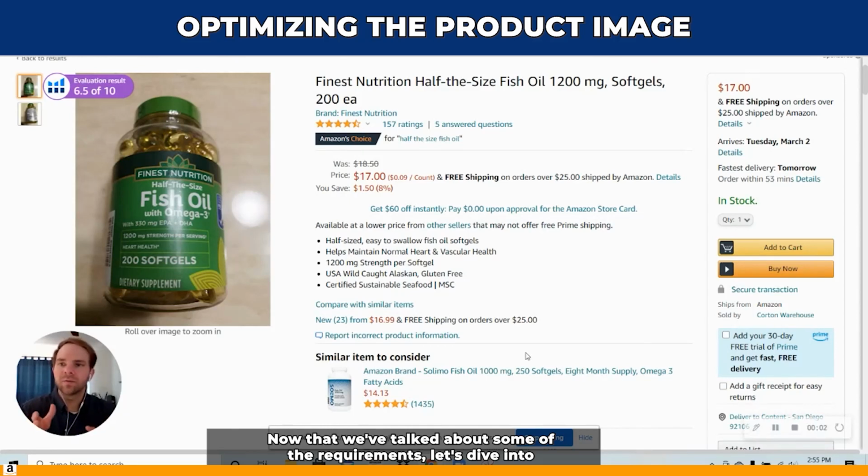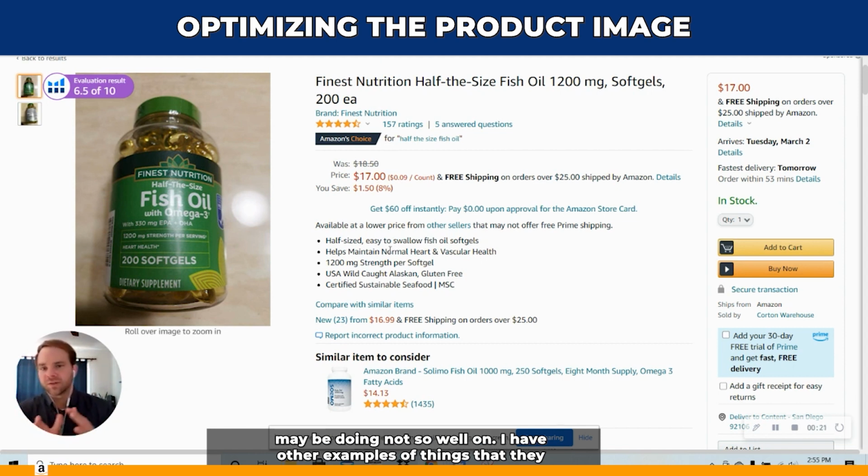So now that we've talked about some of the requirements, let's dive into actually optimizing these images and some of the best practices in doing so. Obviously, I picked some examples here of things that they may be doing not so well on, and I have other examples of things that they are doing well on, and we can go through these and talk about them. Obviously, they're not abiding by some of these rules as far as white backgrounds and things like that. But I also brought up this example, in my opinion, to show you some other things that they could